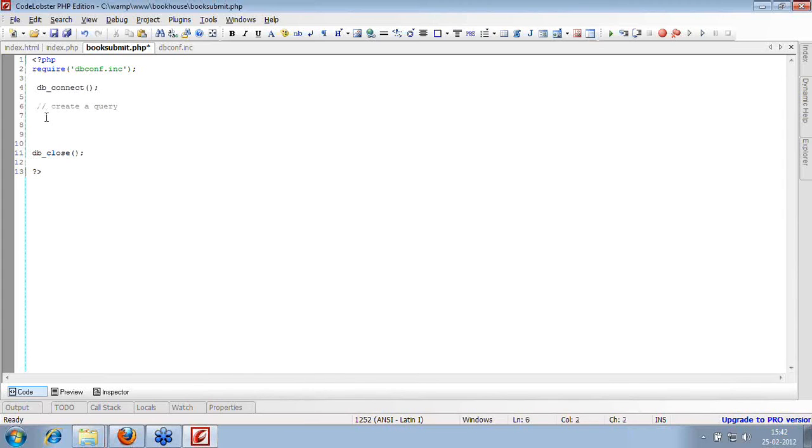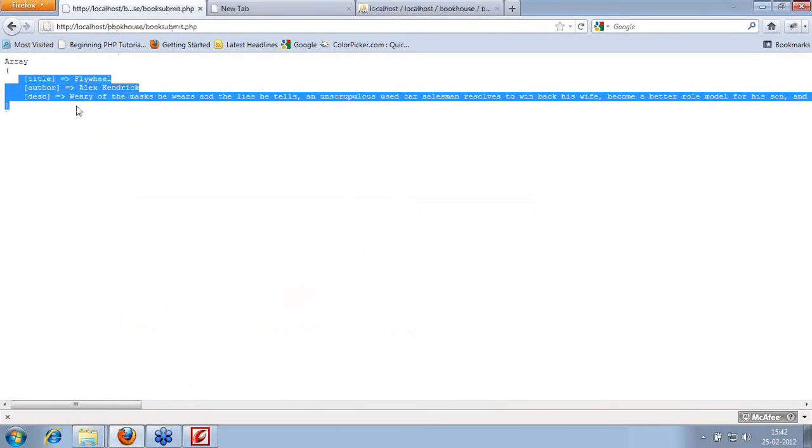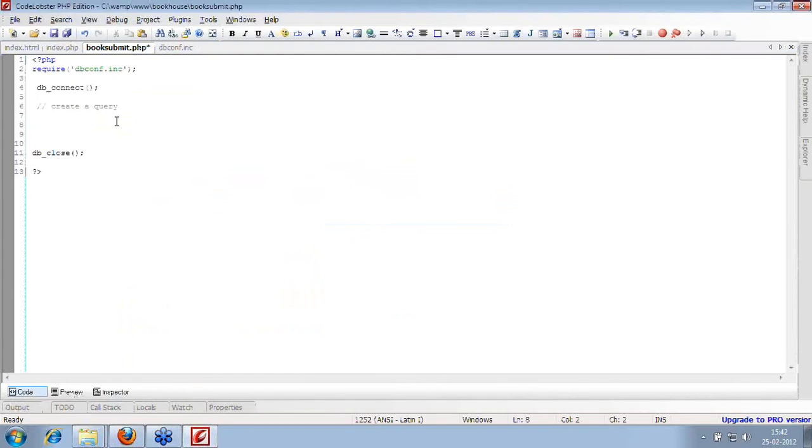Now whatever information we have received, we need to pass it to the database. We already received it, as you have seen on the browser. When we submit a form, it will show what information you have received in your page. So you can play with that information in whichever format you want. You can save it into a text file, an XML file, or you can save it into the database. Here we are targeting the database to connect and store the information.